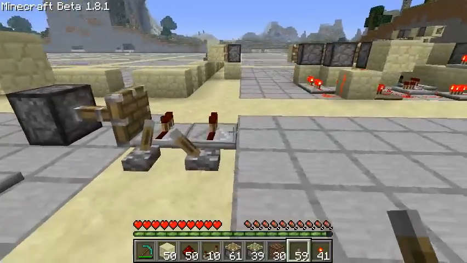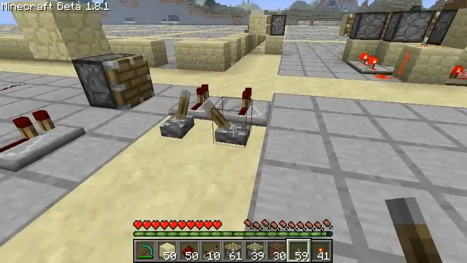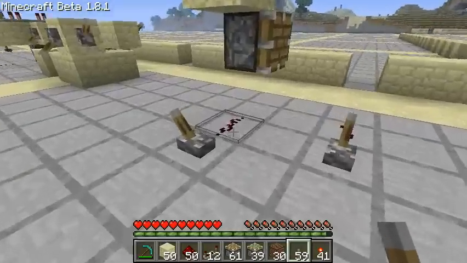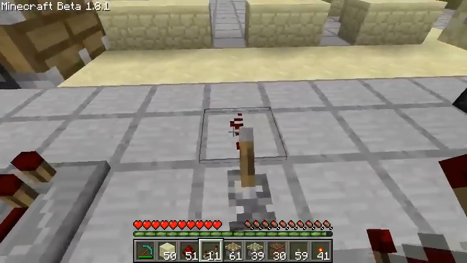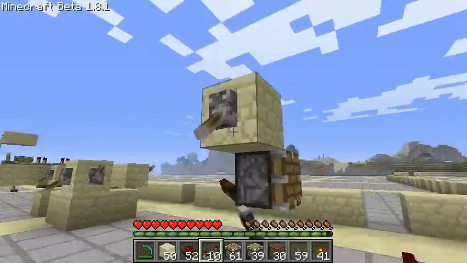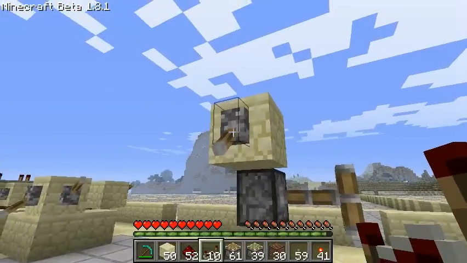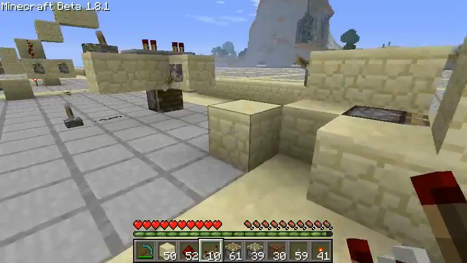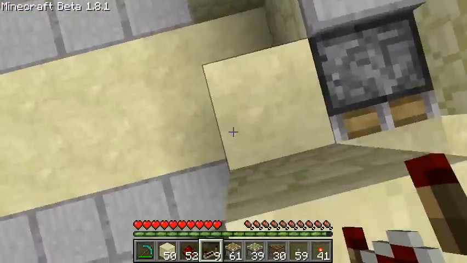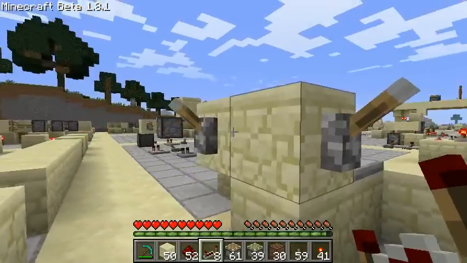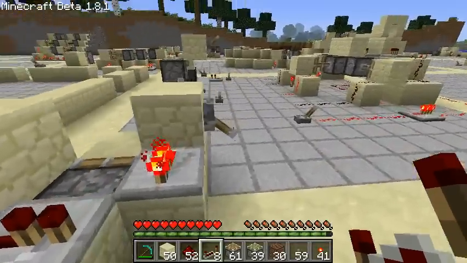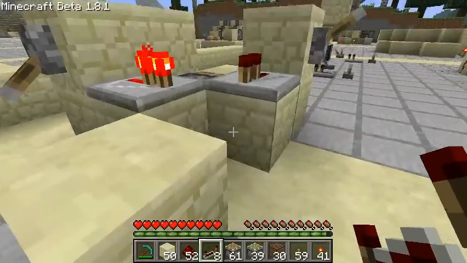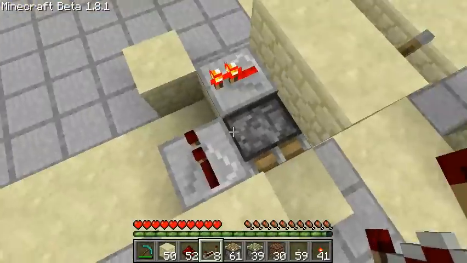And 2 blocks away from the piston arm, we can also cause contraction. Here as well, we get the same phenomenon. That repeater can cause it to be powered, and this repeater can cause it to shut again. Finally, blocks that are above and 1 over. So this one turning off can cause the piston to extend. This one turning on can cause the piston to retract. And again, we have, if we remove this,